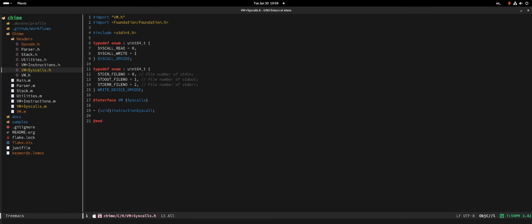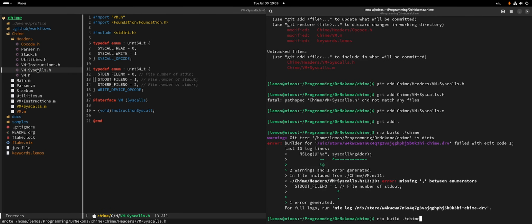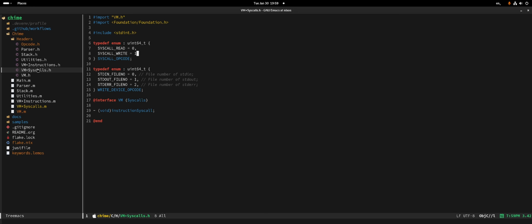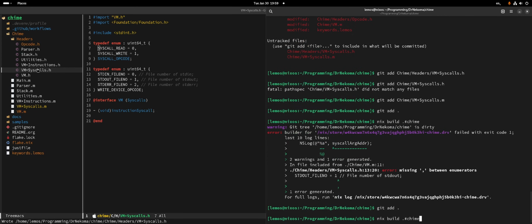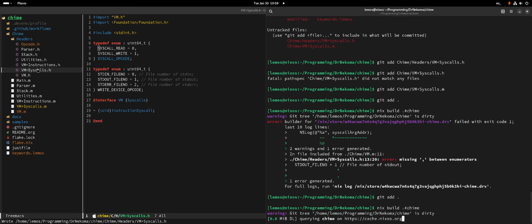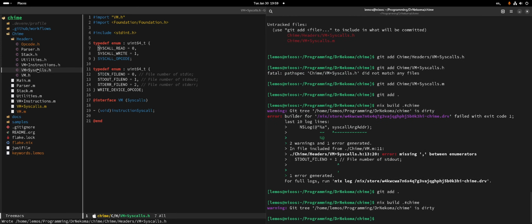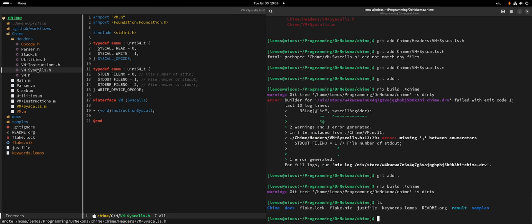And I really don't understand why my Emacs is trying to indent this thing weirdly. Maybe it's because it's configured to use... No, that doesn't make any sense because this is not indenting at all. So it's just going crazy. Oh yeah, now we need to do this every time because of the flake limitation bullshit. Okay, so theoretically we should have... Yes, we do have. So if I do result bin